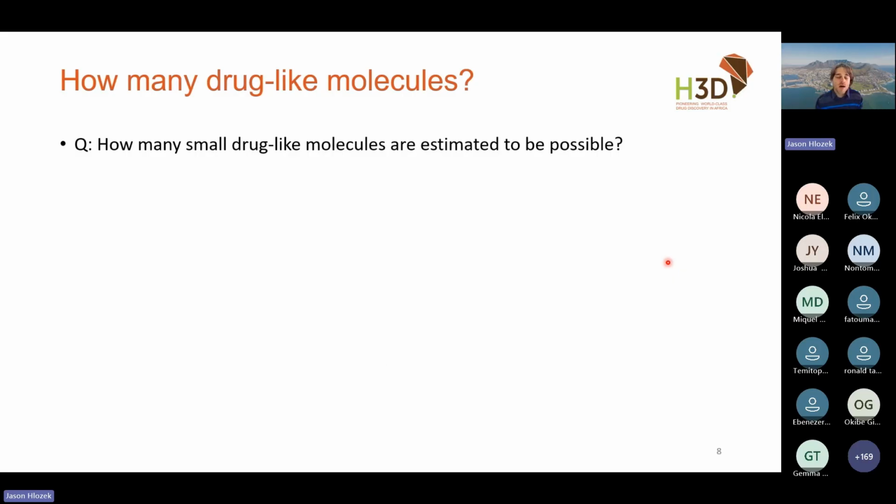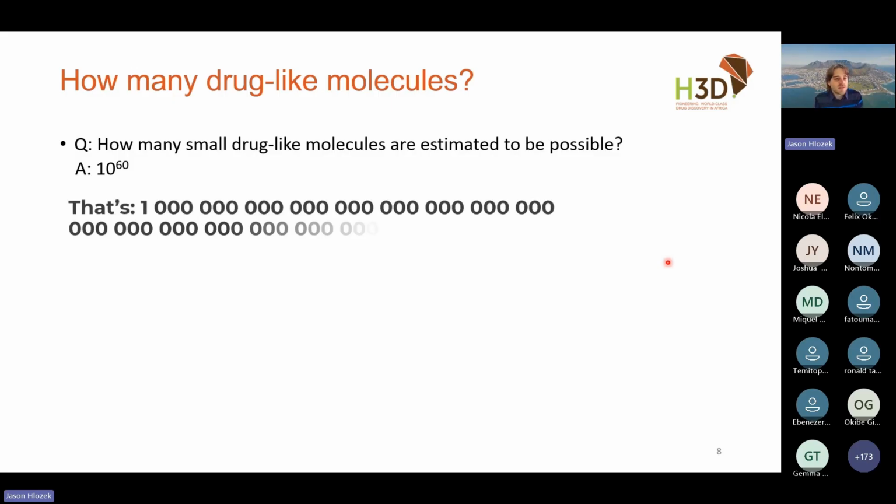One more slide around why drug discovery is difficult. I really like this question, and it blew my mind when I first heard it. So we don't know the answer, but what is the estimated number of small drug-like molecules that could be made in theory? The answer is 10 to the power of something, and you need to just have in your mind a guess of what that something is. Right, hope you have it. Was it that number? Again, we don't know, but it's roughly this very, very large number.